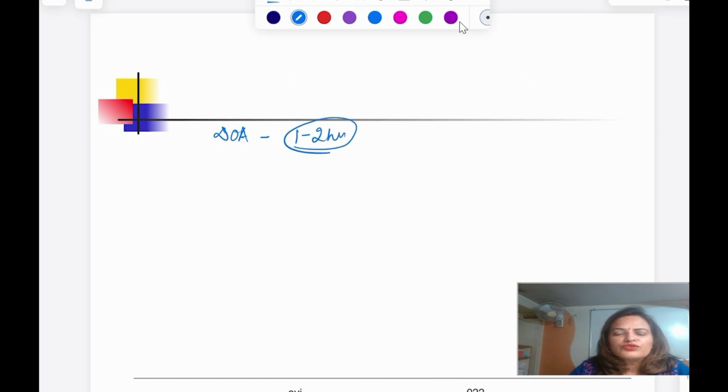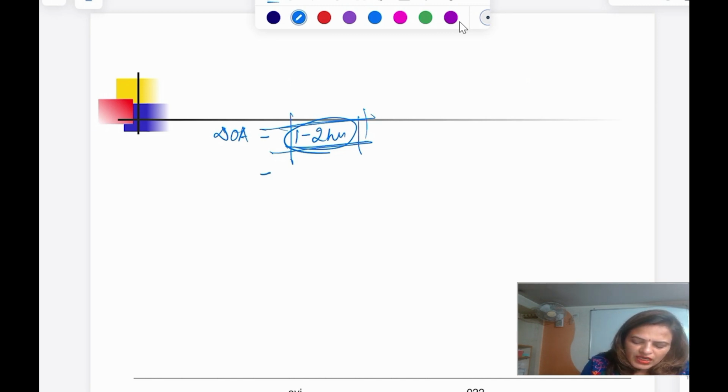Okay? Now they are going to take care of only... उसमें कितना था? 6 to 8 hours. Lowest जो tolbutamide का था, 6 to 8 hours. Otherwise 12 hours, 24 hours, more than 24 hours. इसमें कितना? 1 to 2 hours. So 1 to 2 hours, that means where we can use this group of drug, it is used only in